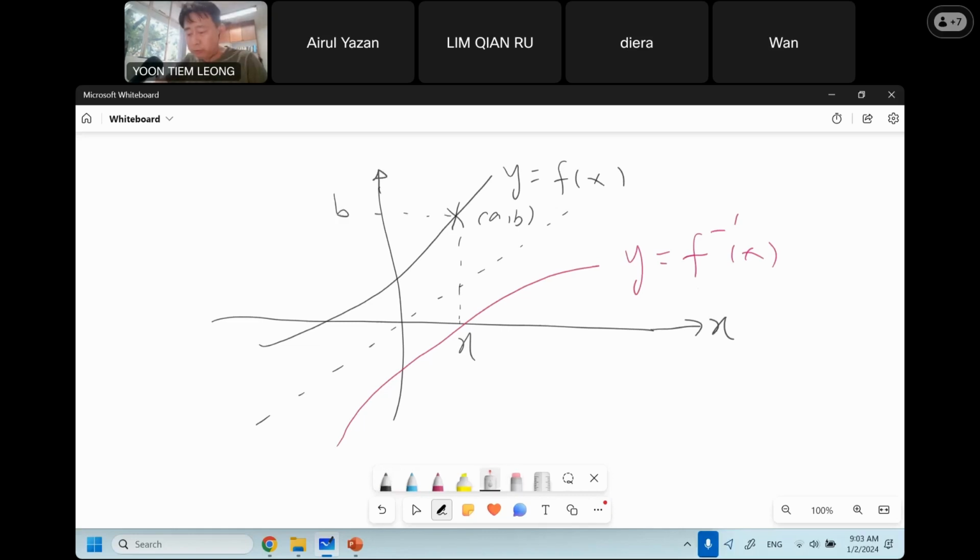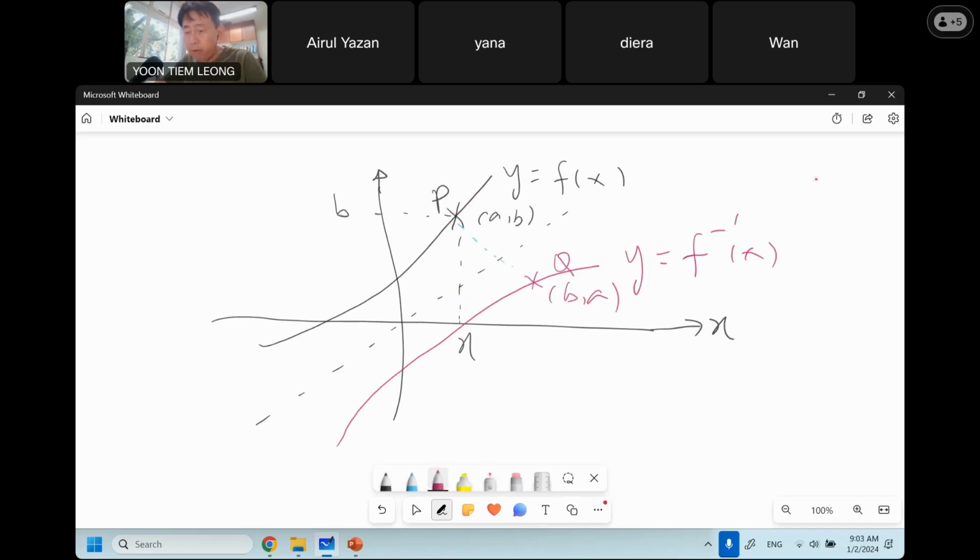If you were to construct the inverse of the function f of x, every single point on the function is reflected about the line y equals x and mapped onto a point on the inverse. So the point (a, b) on the f function is mapped into another point which has the coordinates